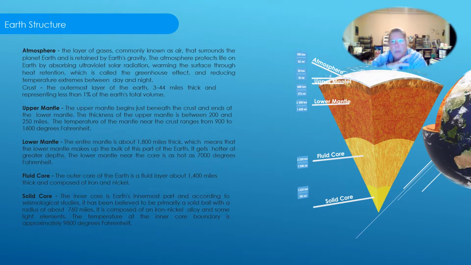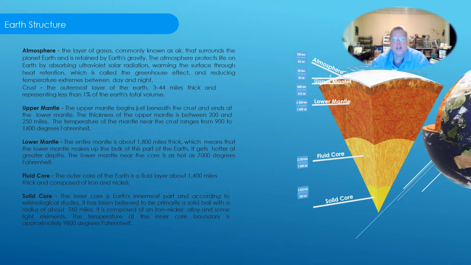First, I thought it might be helpful to explain exactly how the Earth's structure is. Of course, there is the solid core at the bottom, very, very hot. It's about 760 miles, so that's pretty low there. The fluid core is next up, a fluid layer about 1,400 miles thick, and it's mostly composed of